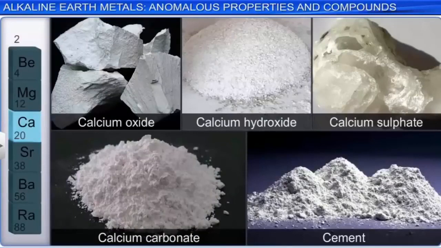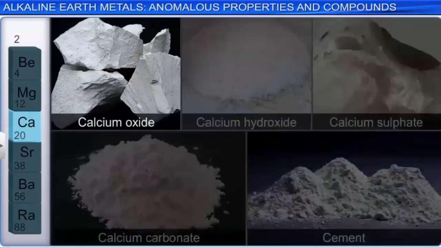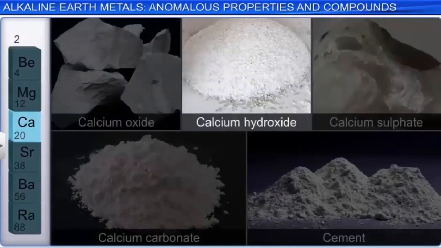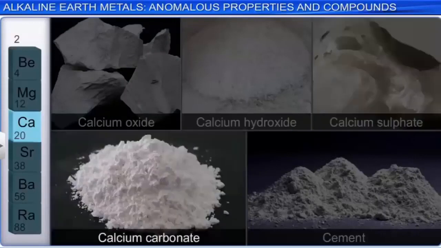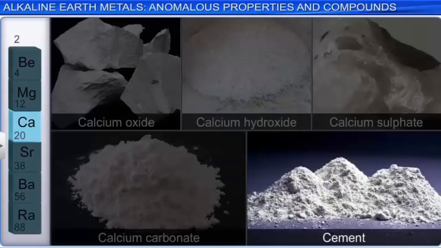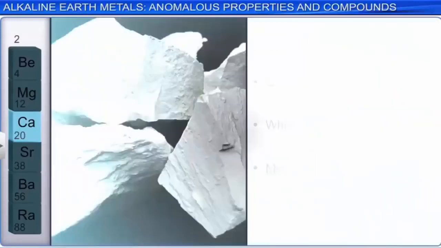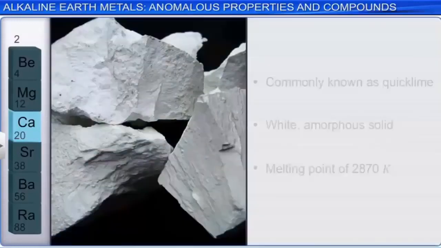Calcium oxide, which has the chemical formula CaO, is commonly known as quicklime. Calcium oxide is a white, amorphous solid with a melting point of 2870 Kelvin. To prepare calcium oxide on an industrial scale,